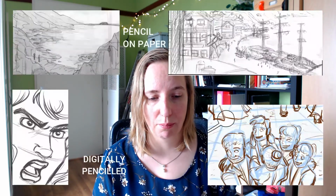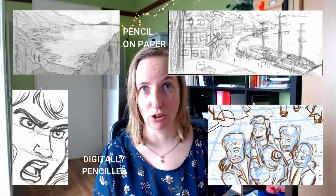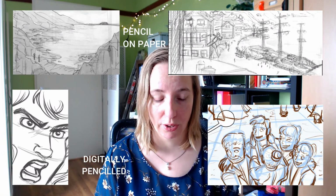And then for my pencils, it doesn't really matter to me. I really like sketching on paper. I really like penciling on paper as well. But I've done both, and they're both fine to me, drawing digitally, drawing on paper. As long as it's not the final product, it doesn't matter, because I have printed out some